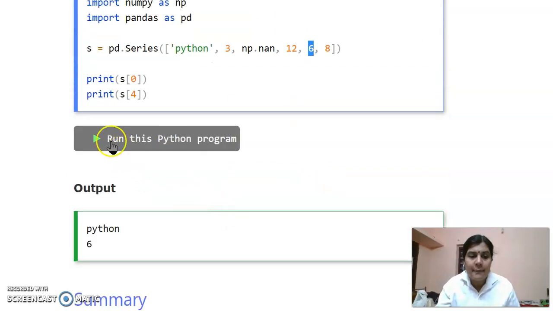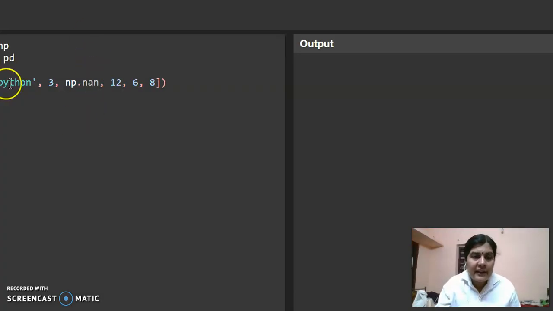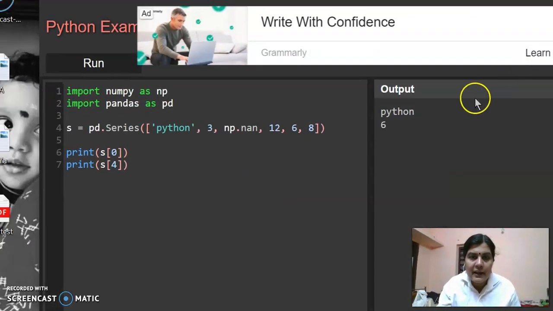Let's look at an example. When we execute the program, Python and 6 will be the answer, because Python is the 0th position value and 6 is the 4th position value. Suppose we give the position as 2, S of 2, then what will be the output? 0, 1, 2.